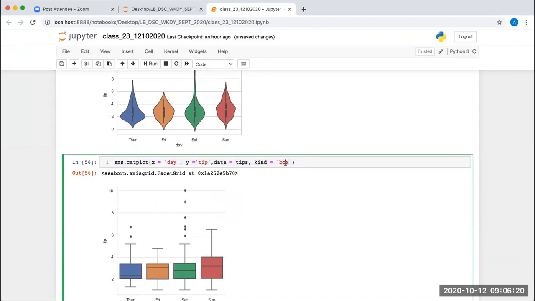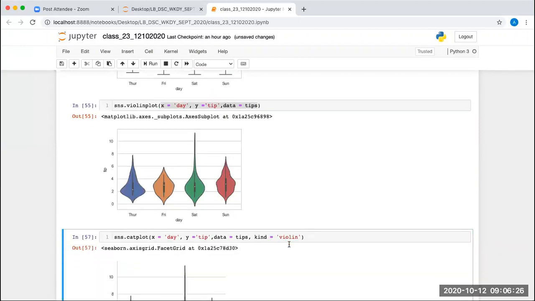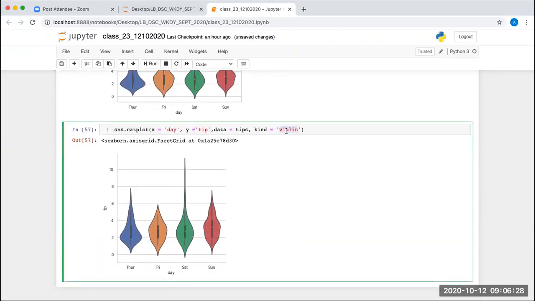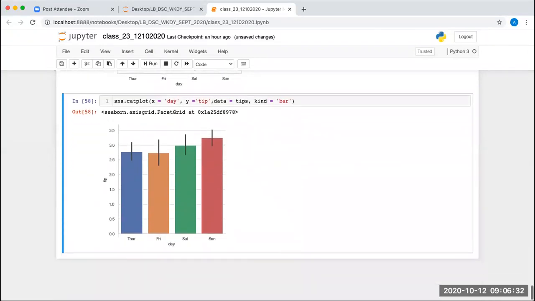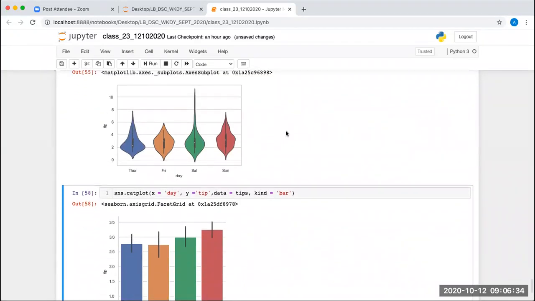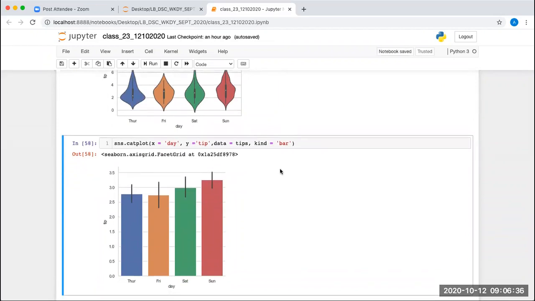Let's say here I have plotted box, so I'm getting a box plot. I can write violin and I'll get the violin plot, or I can use bar and I'll get the bar plot, in the kind attribute. Clear? Fine.